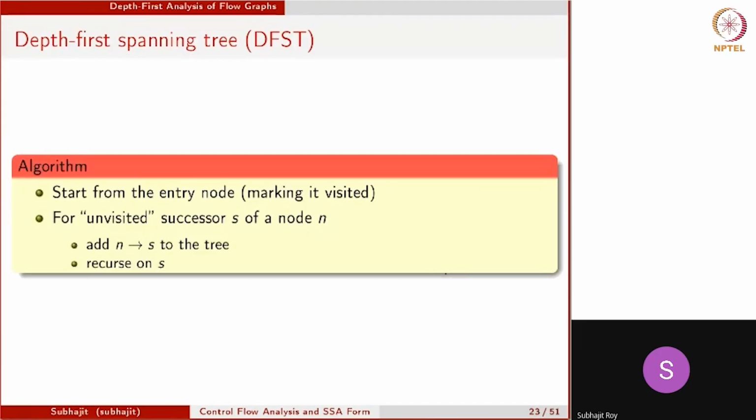The first is something called a depth-first spanning tree, right? So what is a depth-first spanning tree? So anybody tell me what is a spanning tree of a graph? The minimum possible path which covers the breadth of the graph. Basically, it's used in these networks, right, where you want to span the entire network. Exactly. So a depth-first spanning tree is that, so you can construct a spanning tree by just doing a graph